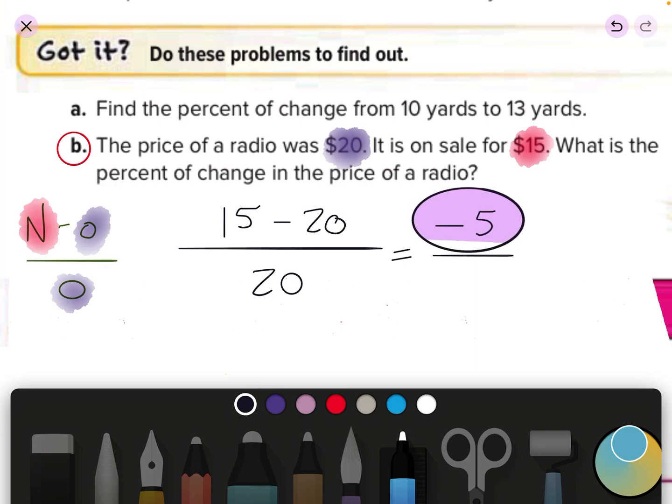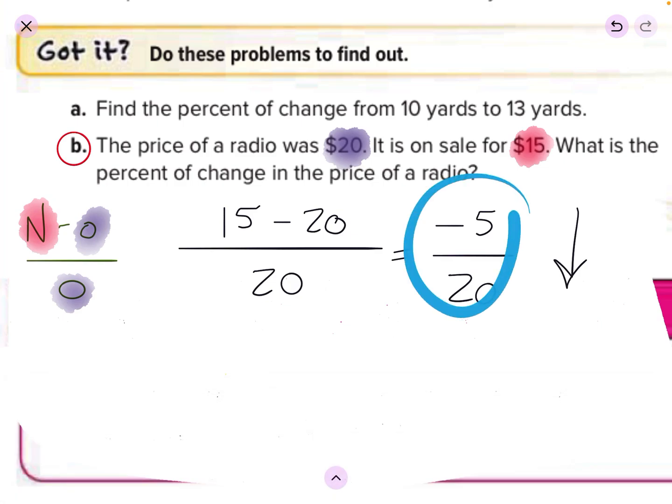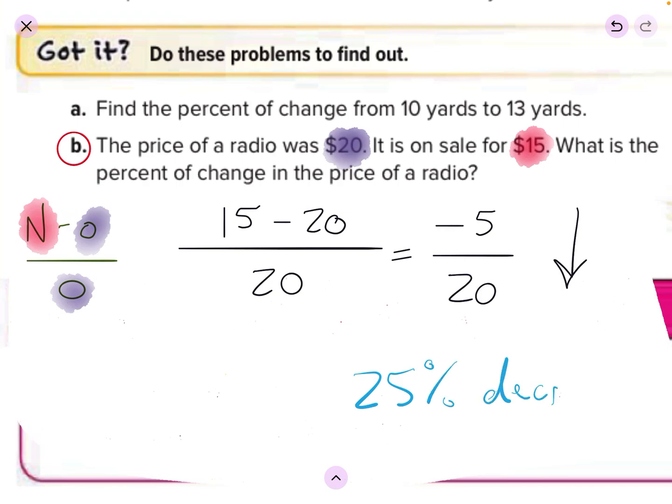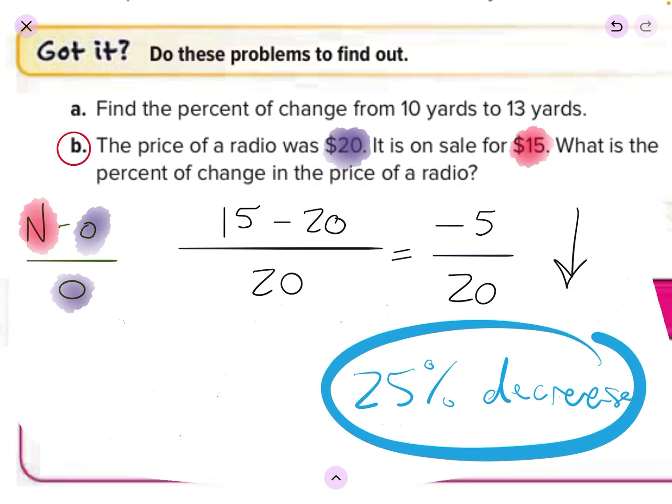So I know that since that's a minus 5, that is a percentage of decrease. The price has gone down. I want to know what is the percentage of decrease. So all I got to do is take that, and again, 5 divided by 20. 5 divided by 20 is 25, right? It's 25 hundredths, which as 2 to the right is 25%, and it's gone down, so there's a 25% decrease in price. Originally 20, now it's 15, which means it's gone down